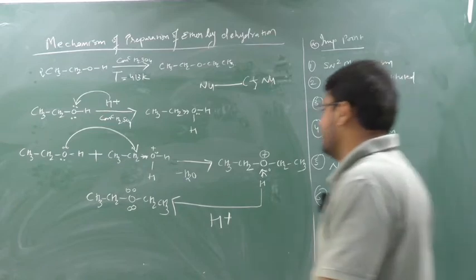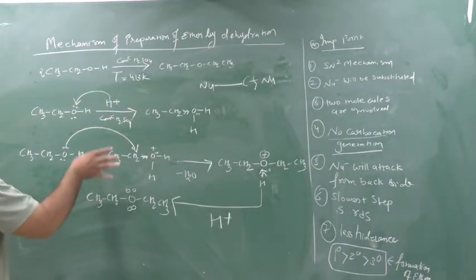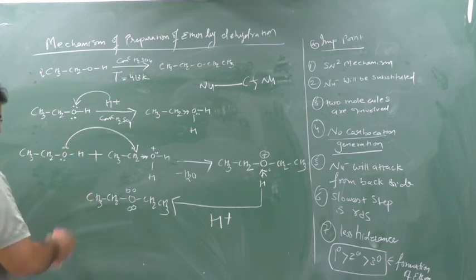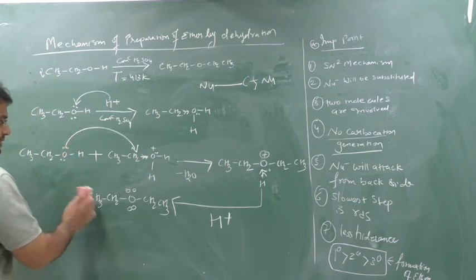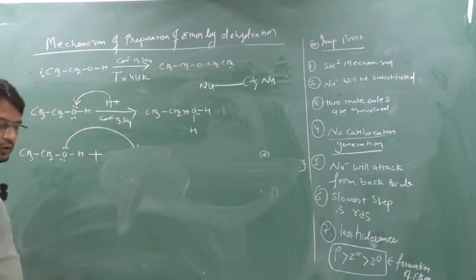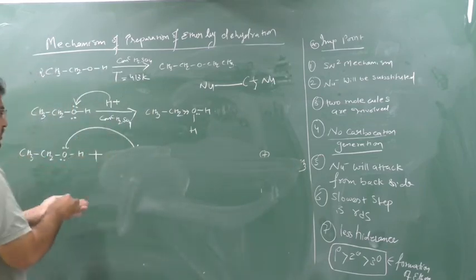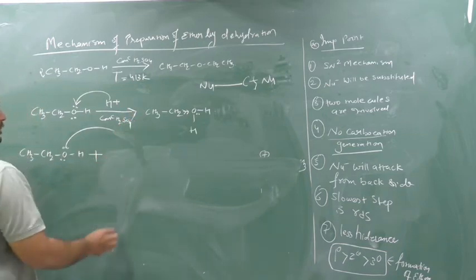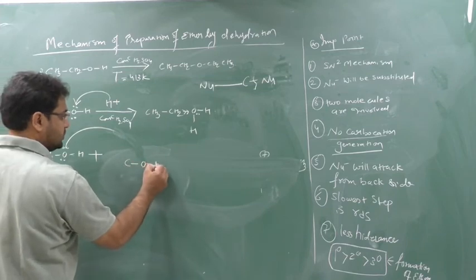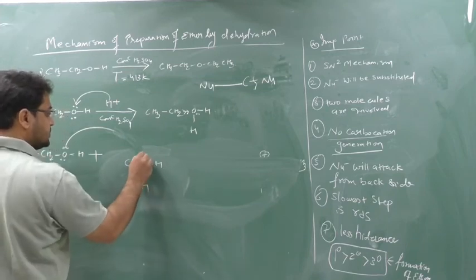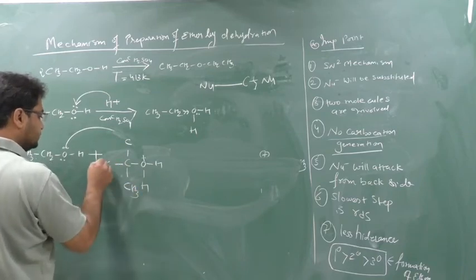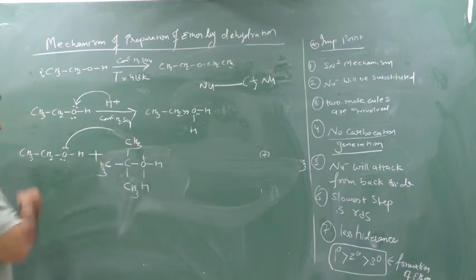Okay, now see. What I told you: the one which is attacked should be less hindered. Now suppose here there was 3 degree. Now he is attacking, no. So suppose instead of 1 degree alcohol, I would have generated 3 degree alcohol. So what would the scene be? See here, this is O, this is H, and this is plus. Now I would have generated this 3 degree alcohol. Yes or no?